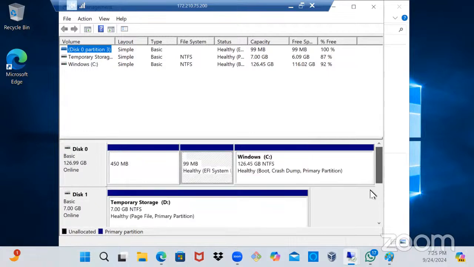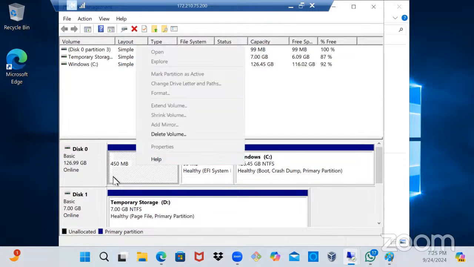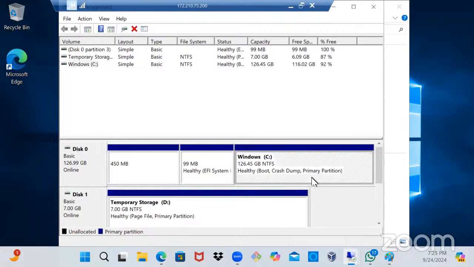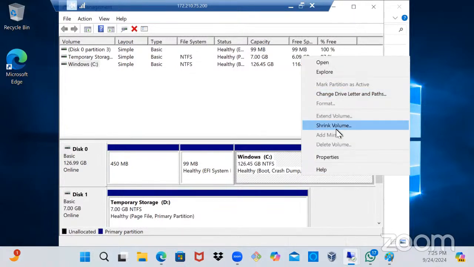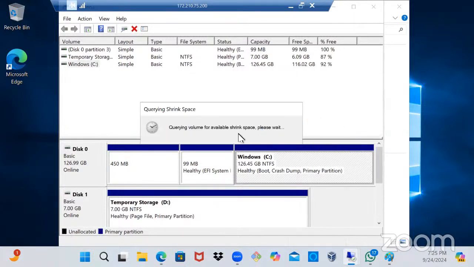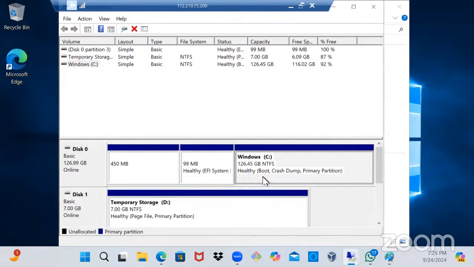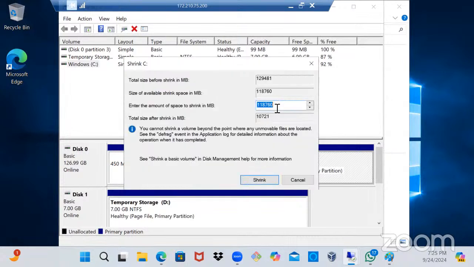All you just need to do is to come here. Where do I want to put it? Okay, I have 450 here. Where do I borrow it from? Right-click this one. I cannot borrow it from there. Okay, right-click this one. Right-click your C drive and say shrink volume. I want to remove a few things from there. It's shrinking the volume. I want to take out